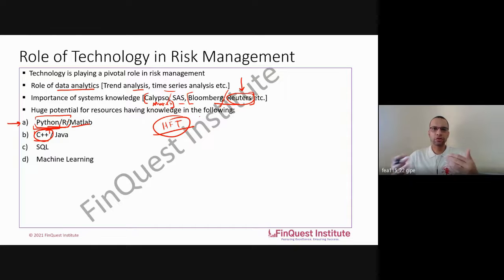Now again, HFT also gets split into multiple categories. You may have certain funds which transact maybe every 5 minutes. So if that is the case, maybe Python or R could come handy. But maybe a certain strategy would be transacting every few seconds. So if that is the case, then C++ is the only way ahead.